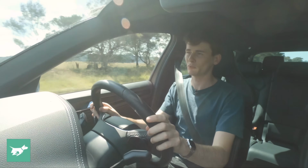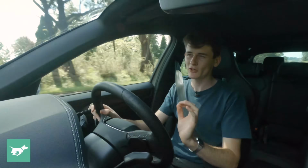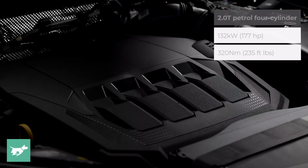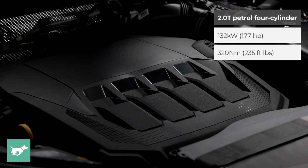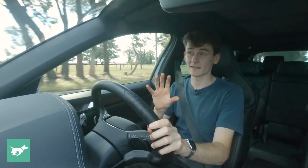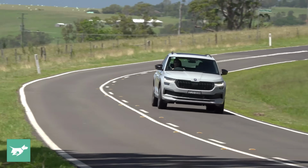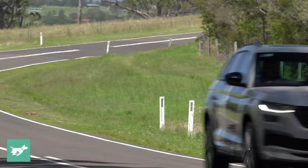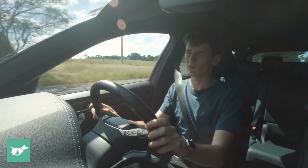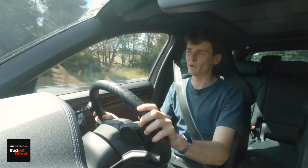Is there enough grunt to pull you and your family around in this thing? Well, that's sort of the only issue I have with this car, really, is although it's got 2 litres of capacity and decent outputs of 132 kilowatts and 320 newton meters of torque, when it's pushing around a car that weighs 1,750 kilograms, according to Skoda, that's a little bit slow. It gets there and gets the job done when it's empty or has just 2 people in it, but speaking to Ponch, I know he's tested one with 4 or 5 people in there. I know it can struggle a little bit on open roads, but